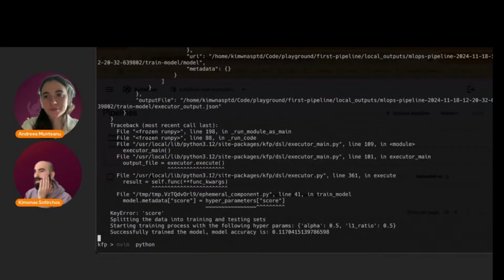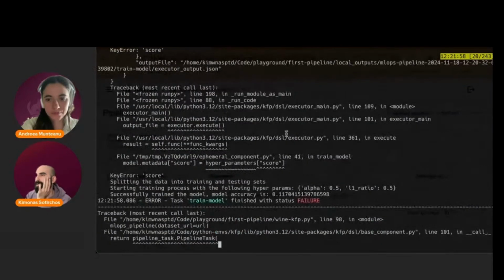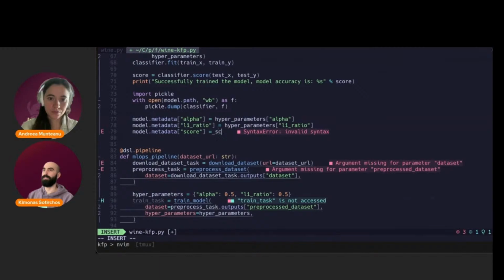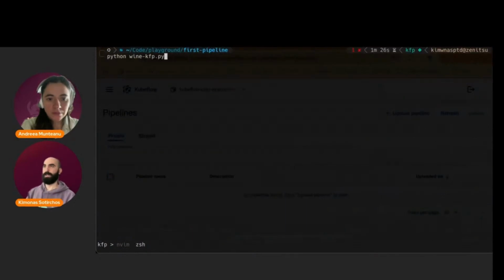And oh no, so there is a small issue right here. Oh yeah, okay. A professor at my university said that copy pasting is a very bad thing. So in this case, it shouldn't be hyperparameter score, because score is not on the hyperparameters, but just score, which is the variable that has the score. So I'm going to pray and have one last run, but in parallel,